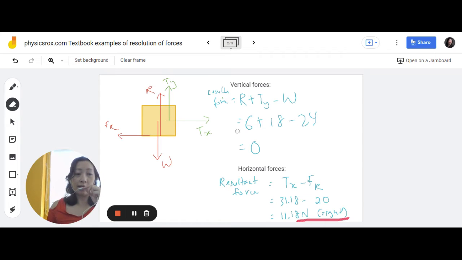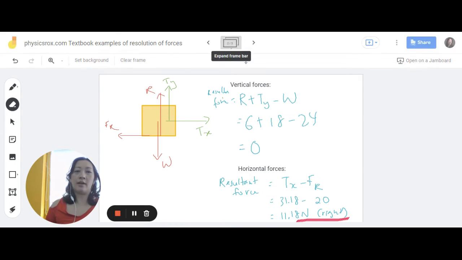Just to let you know, if you got a non-zero value for vertical forces, you'd have to count the vertical and horizontal, and then find the resultant force from that. That means you have to solve using the triangle method or parallelogram method. In this case, because it's zero, we can ignore the vertical and focus on the horizontal only. Next question is to calculate the